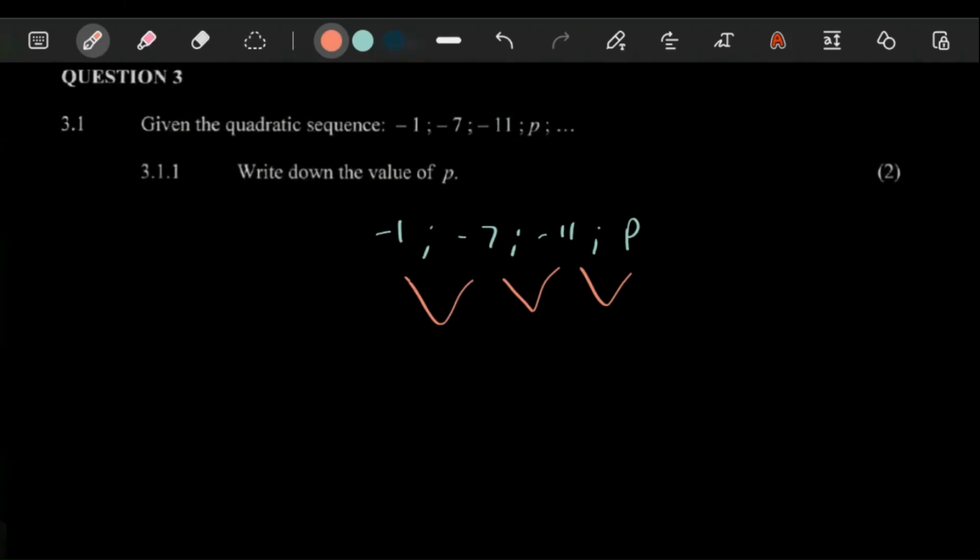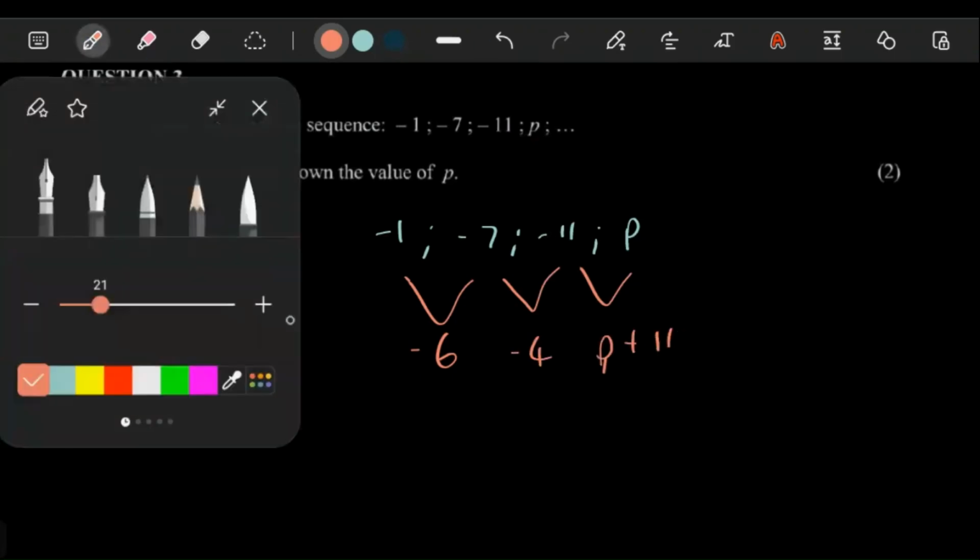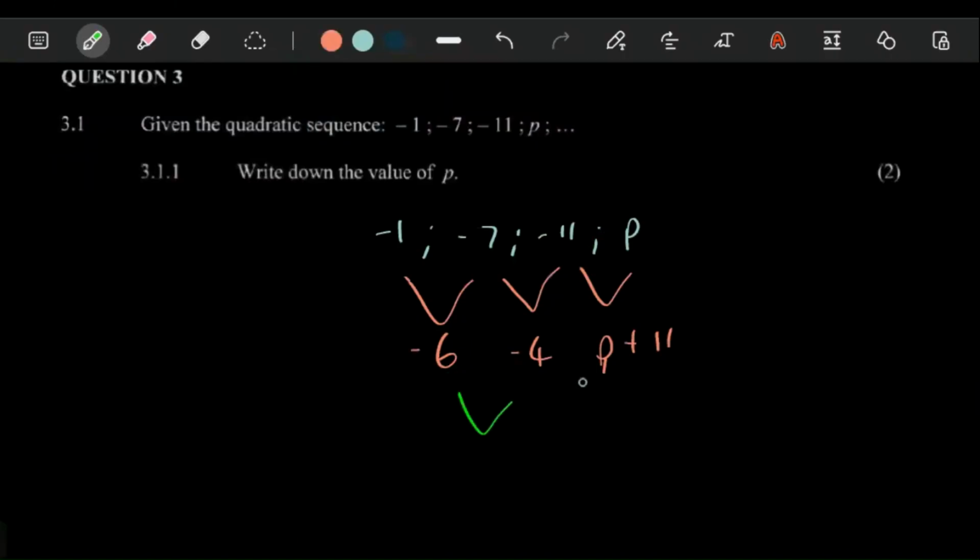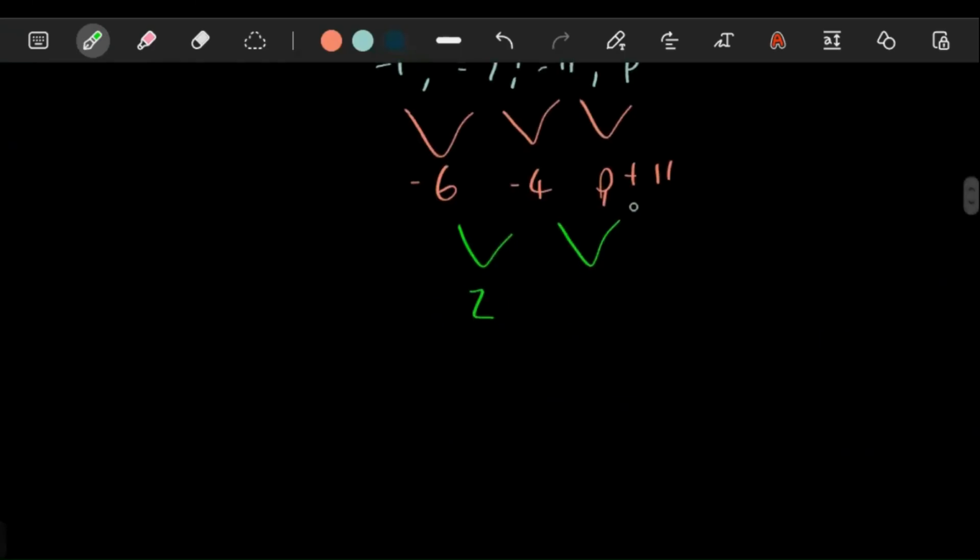So it's technically -7 plus 1, which is -6. Then -11 minus -7 becomes -11 plus 7, which is going to give you -4. P minus -11 is just going to be P plus 11. And then, obviously, from here, -4 minus -6 can give you +2. So already what you know is this value minus this value should give you a 2. So that's what you can use to actually get